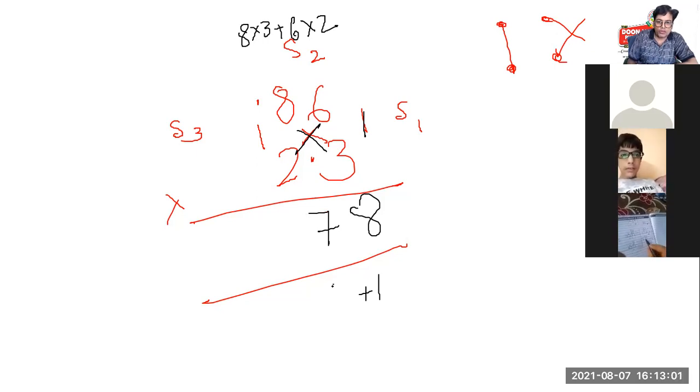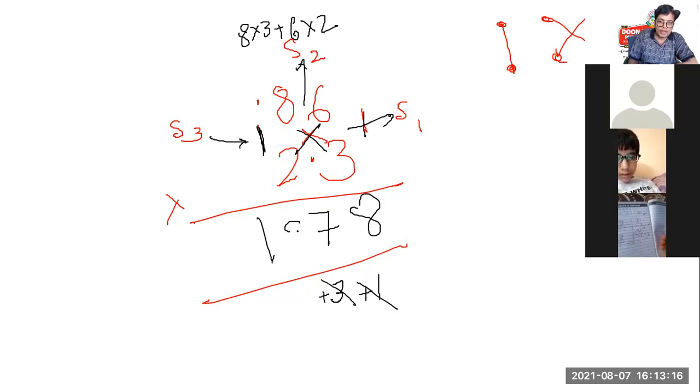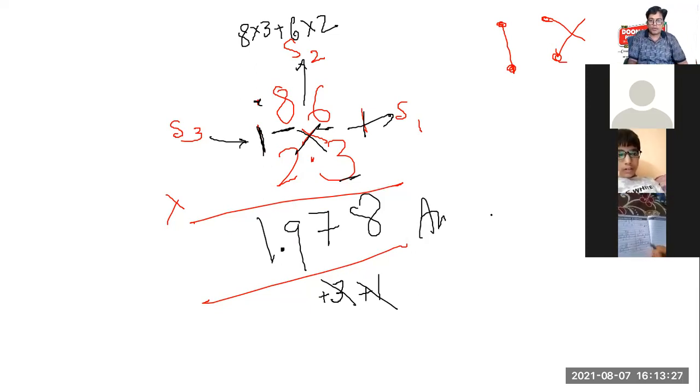That is carry over 3. Now this one is step 3. That is step 2. That is step 1. 8 to the 16. 16 and 3 is 19. 1978. And decimal, 1 2 3. I will put the decimal after 3 digits. So that will be my answer, 1.978. Got it?